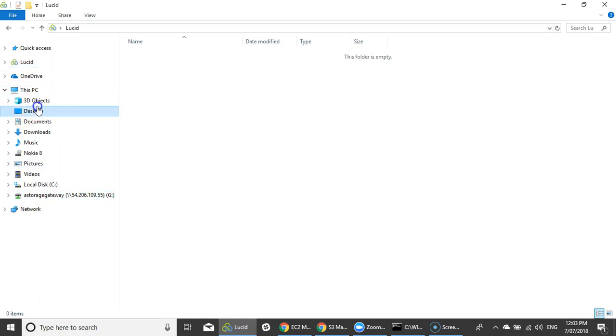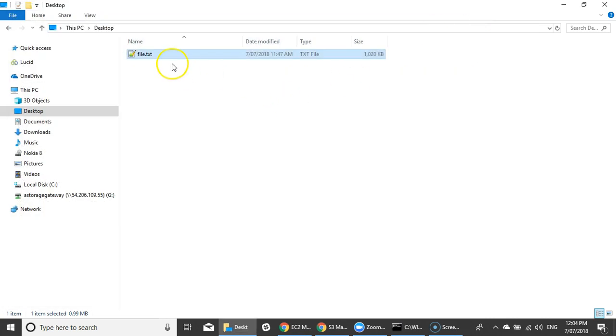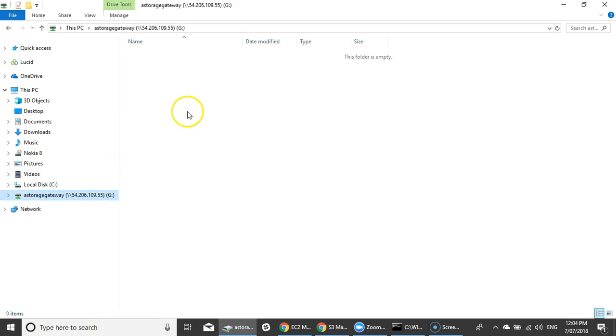The test file that I'm going to use is a text file, 1 megabyte, which is actually repeated content from our Comparing Methodologies for Accessing AWS S3 blog post. It's highly compressible text, and I've repeated this blog post multiple times to equate to 1 megabyte of raw text data. So if we take this data as a first test and copy the file to our AWS Storage Gateway,